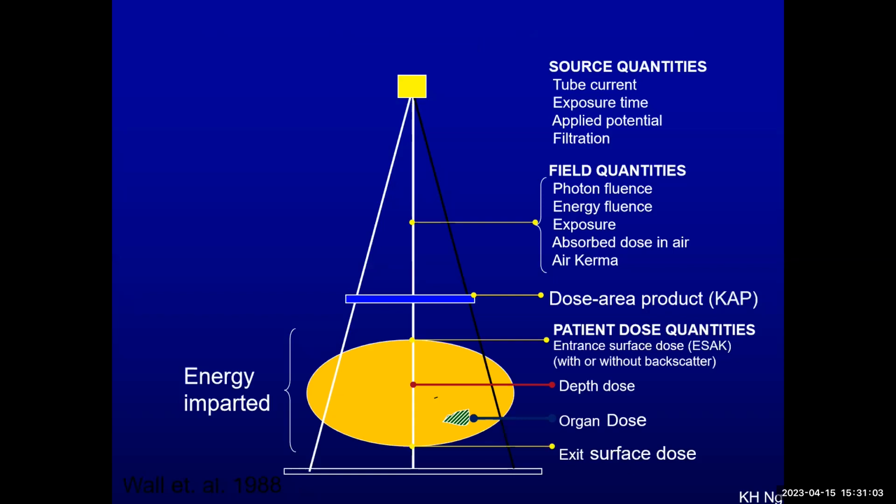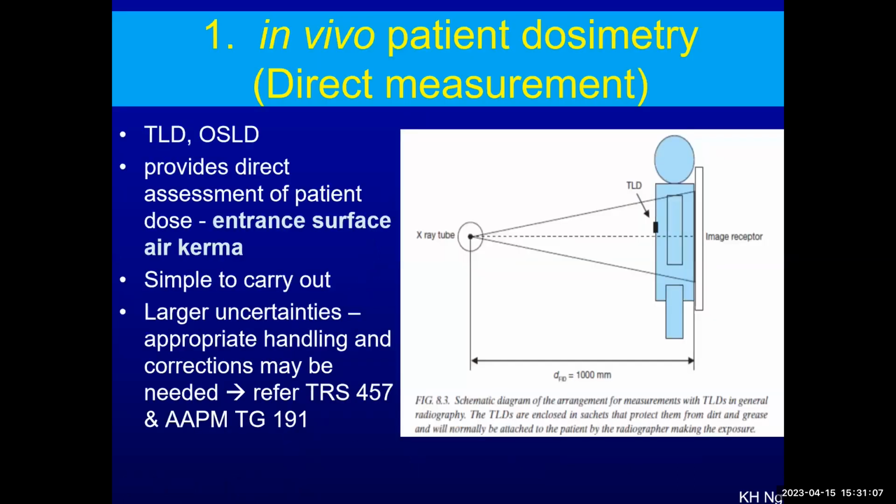And then from software, you can derive organ dose if you want. So let's look at the in vivo patient dosimetry. It is the direct measurement using TLD. When the TRS was written, it was only TLD, but now we have OSLD and other forms. It's a direct measure. We can see that it's measured at 100 centimeter